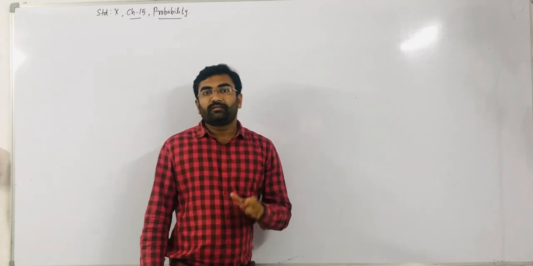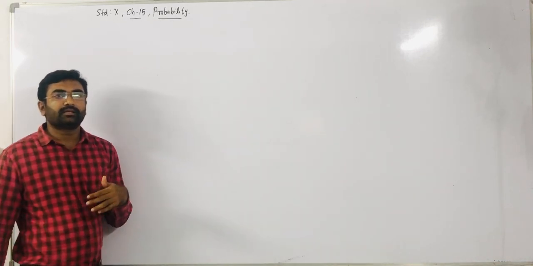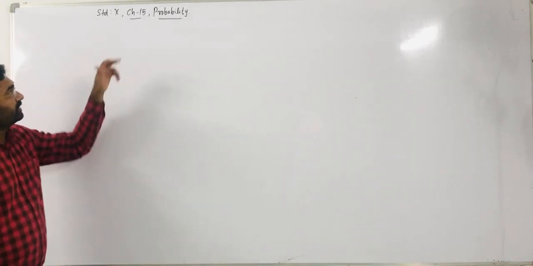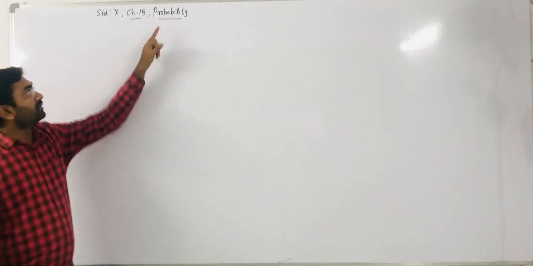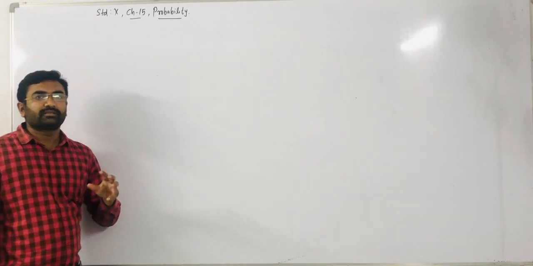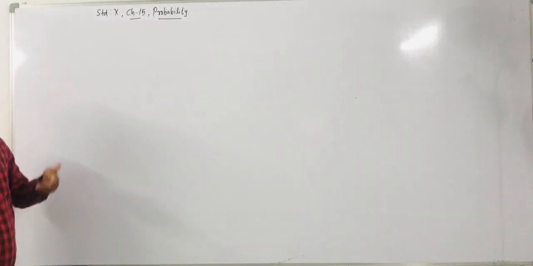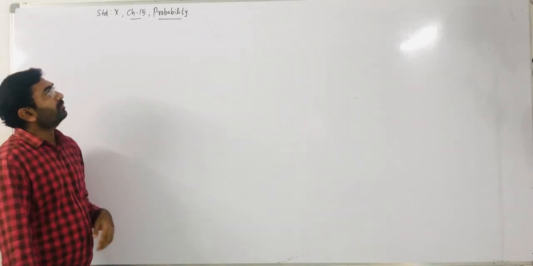There is probability. What does it represent? This is like a chance. You have to study the chance of an event in an experiment, right? So whenever in any event there are some chances, the study regarding it is called probability.